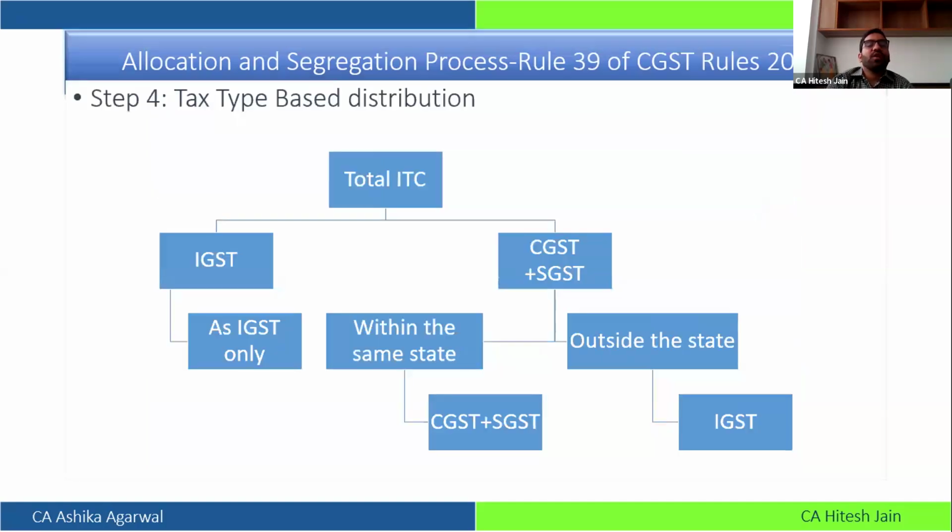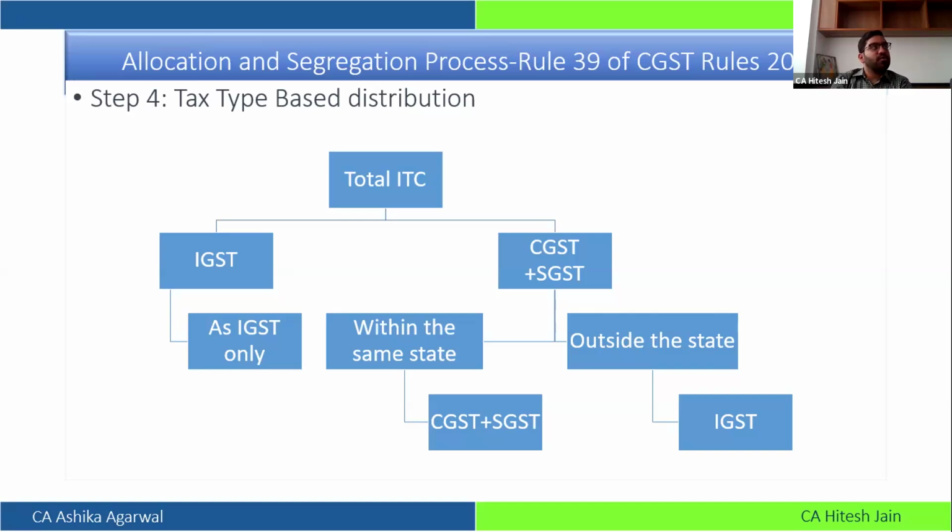After doing this, we now need to determine under which head we need to distribute the credit. As already said, if I get an IGST bill from the third party vendor in my ISD registration, I need to distribute it as IGST only. But in case I am getting a CGST and SGST bill from the third party vendor and my ISD registration is also in the same state, then